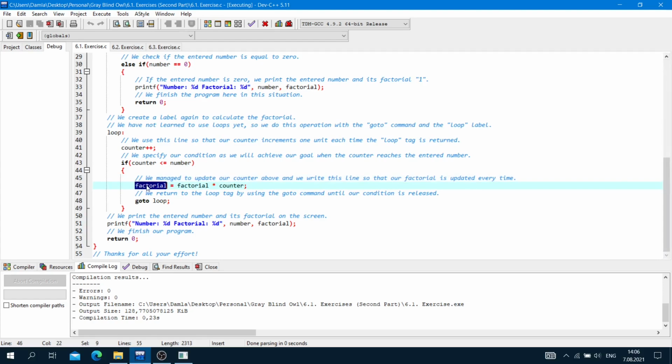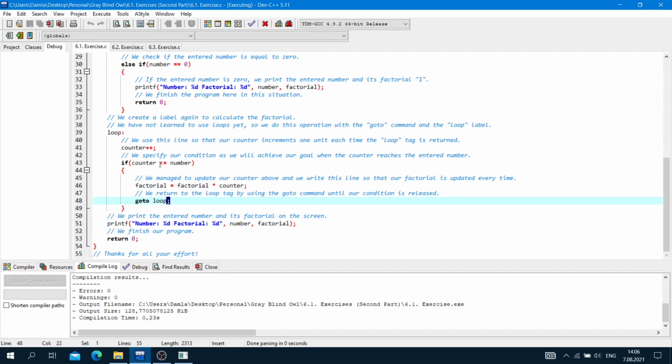Factorial is equal to factorial times counter and semicolon. We return to the loop tag by using the goto command until our condition is released. Goto loop and semicolon.